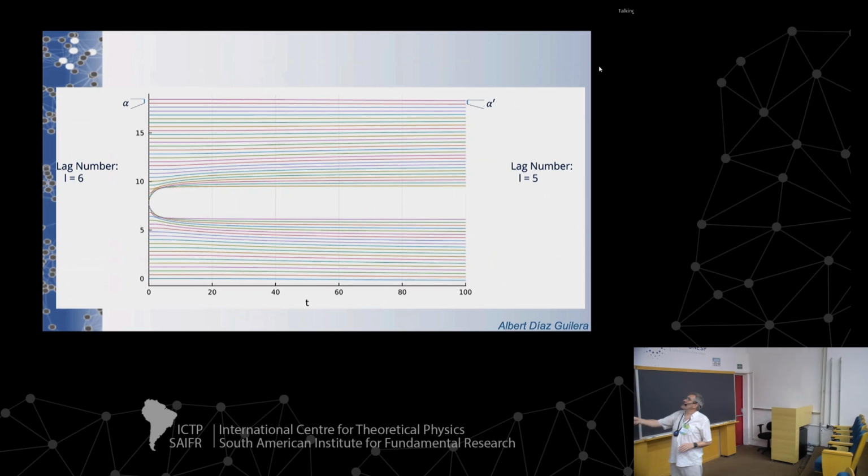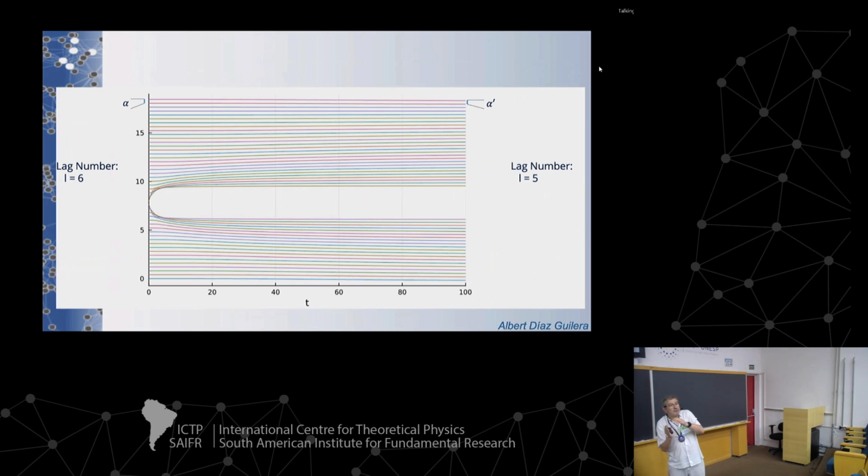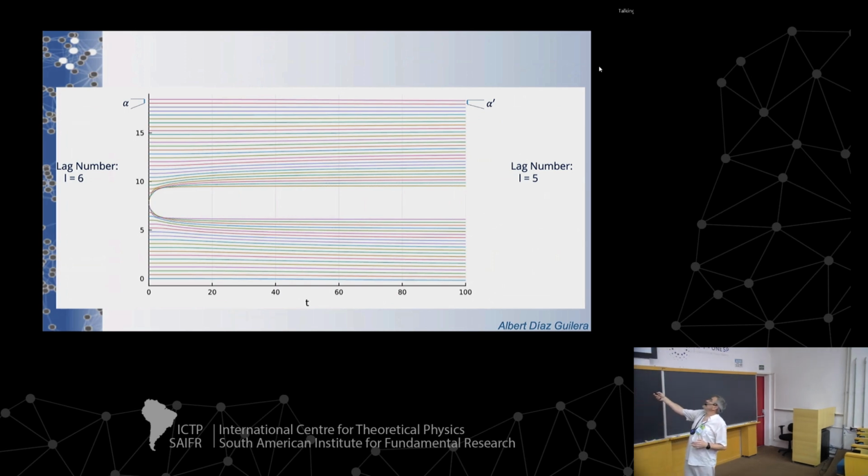Look, actually we have this difference. The difference between any pair of oscillators is alpha. And now at the end, the difference between any pair of oscillators is alpha prime. It's smaller, because in the initial growth of the phases we make the change here, and then our state that was stable now becomes unstable. Then the phases tend to go apart, and we can see that here on the top they squeeze some of them, and here you squeeze the other group, until at the end you have a distribution of alpha prime. Here the Lock number is 6, and here the Lock number is 5.